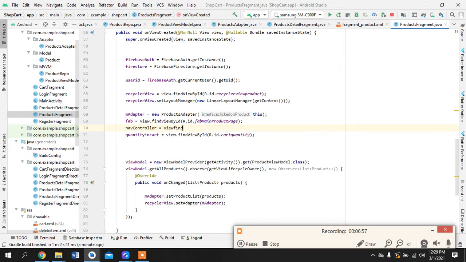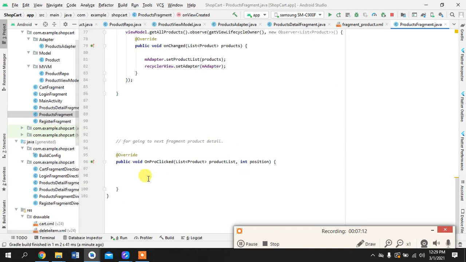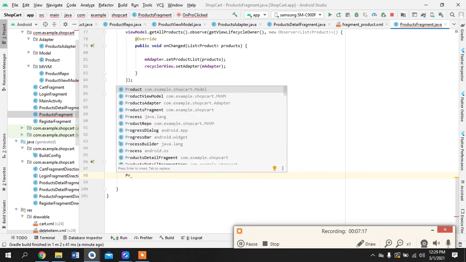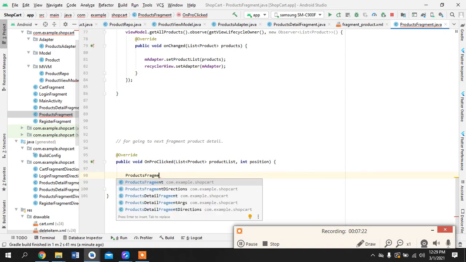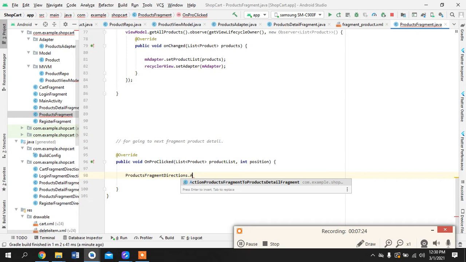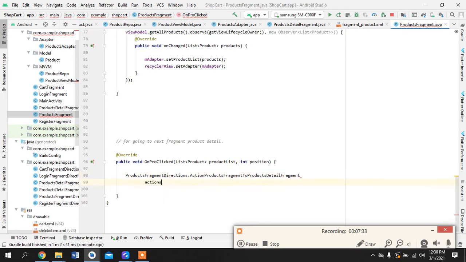View, find view by id. Sorry, this is navigation dot find nav controller view. Great. Okay, so what we have done is we are sending product fragment direction action. The action is product to detail product. So we'll take that. We can name it as action,